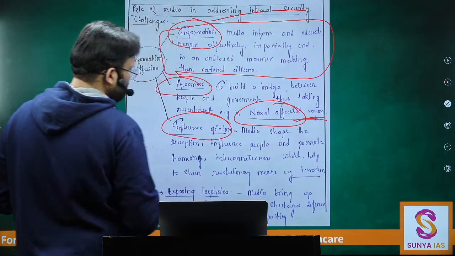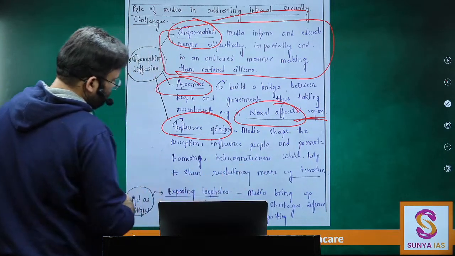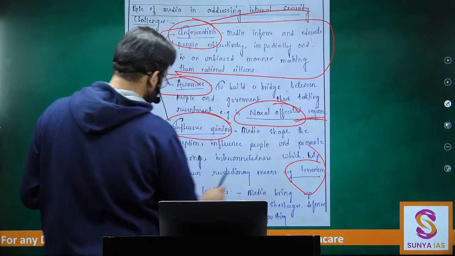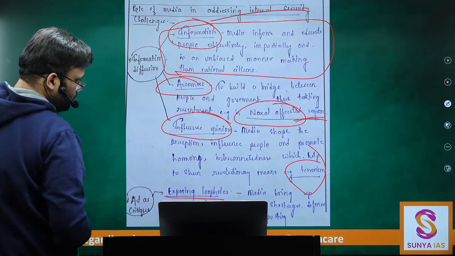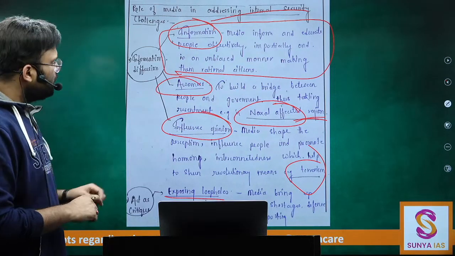Media shape the perception, influence people and promote harmony, interconnectedness, which help to shun revolutionary means, terrorism. In exposing the loopholes, media brings up the concern of infrastructure, shortage, defense. See,